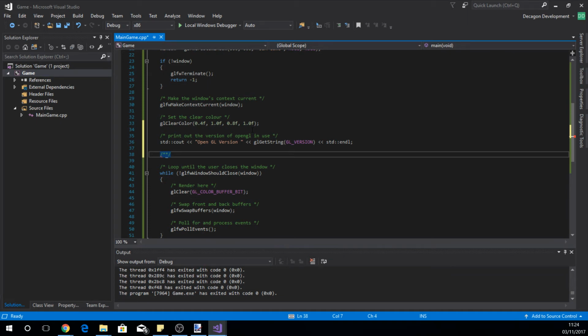I want to set the attribute pointer as well. So set vertex attribute pointer. Then I want to enable it. Okay. After I've enabled